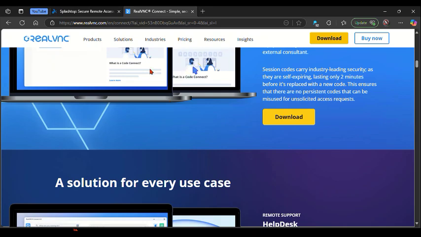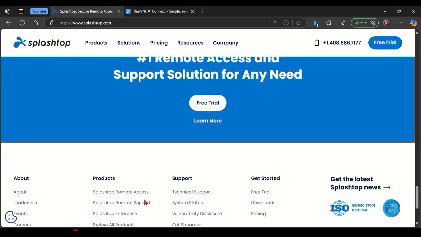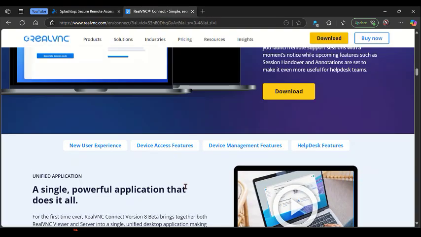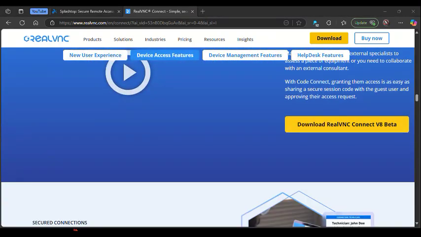It's also secure, easy to install, and offers a strong value for teams thanks to its budget-friendly pricing and reliable mobile access. So talking about RealVNC Connect, on the other hand, it is known for its strong security and